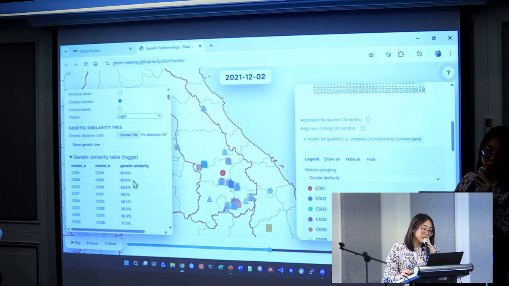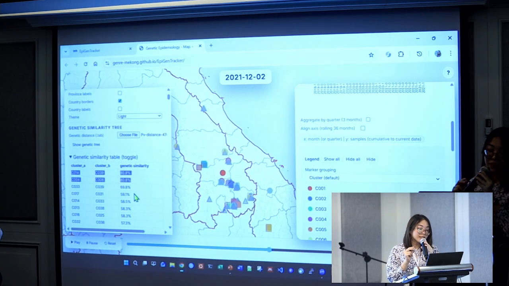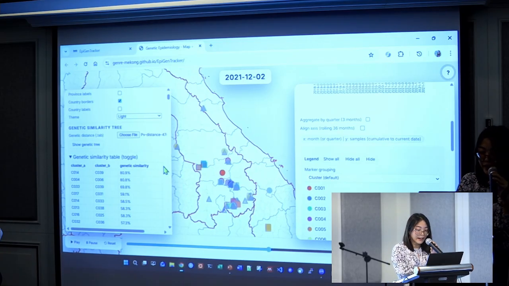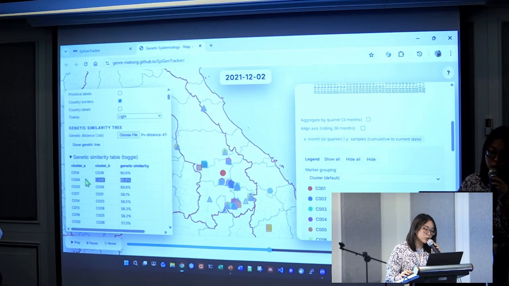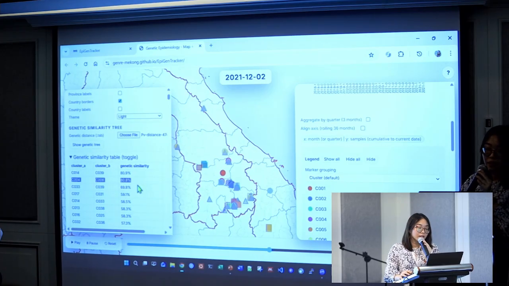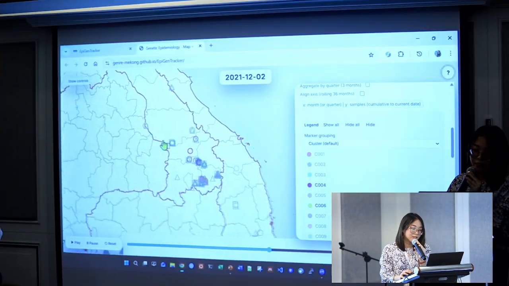So the one that I'm interested in right now would be, so these two, we have two pairs of clusters that are similar to each other at 80%. So very highly similar. But I'm going to be tracking this one that is cluster 4 and cluster 6, because they are very large clusters and they are very similar to each other. So to track them, I can press onto the color 4 and 6,